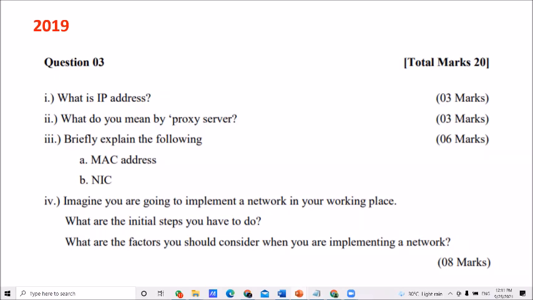What is NIC stand for? Can someone tell me? Can you remember that? NIC stand for what? National Identity Card number. Is it National Identity Card?